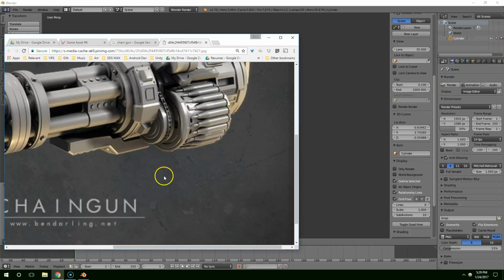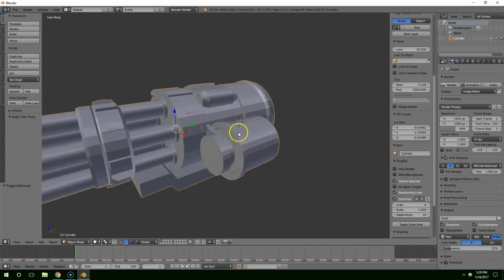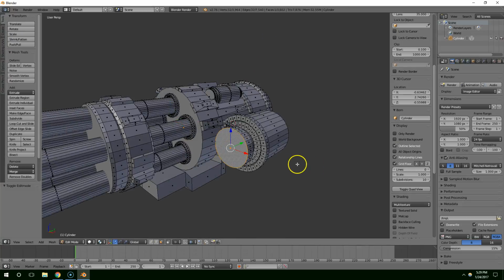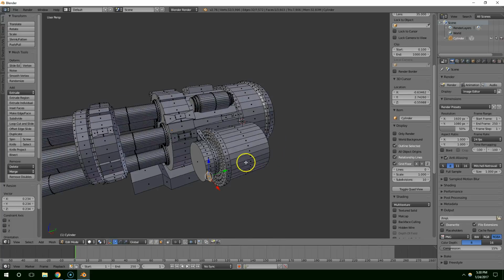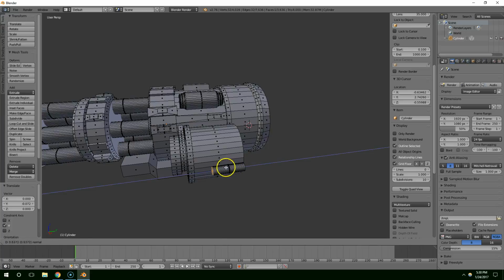Yeah, I think this is looking pretty good. Let's also add some bullets onto the side of this barrel very quickly. So to do that, I'm just going to go back into face selection mode, select this face, Shift D, scale that way down, scale down, extrude,